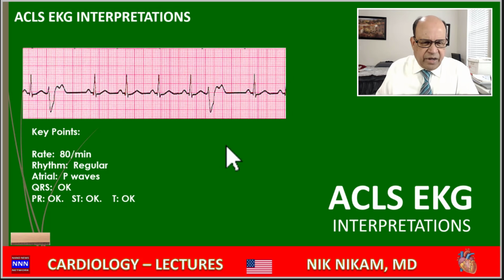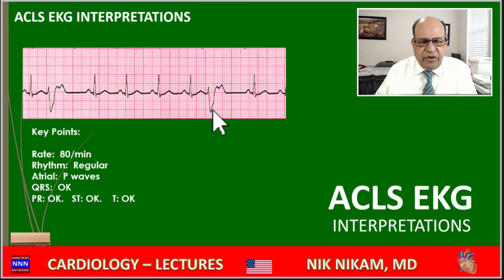Now here's an electrocardiogram which you can pause and come up with your diagnosis. We have 4 beats of normal looking QRS, PQRS complexes. Then we have 2 beats which look like they are wide QRS complex with a retrograde P wave. This is an example of premature ventricular beats.